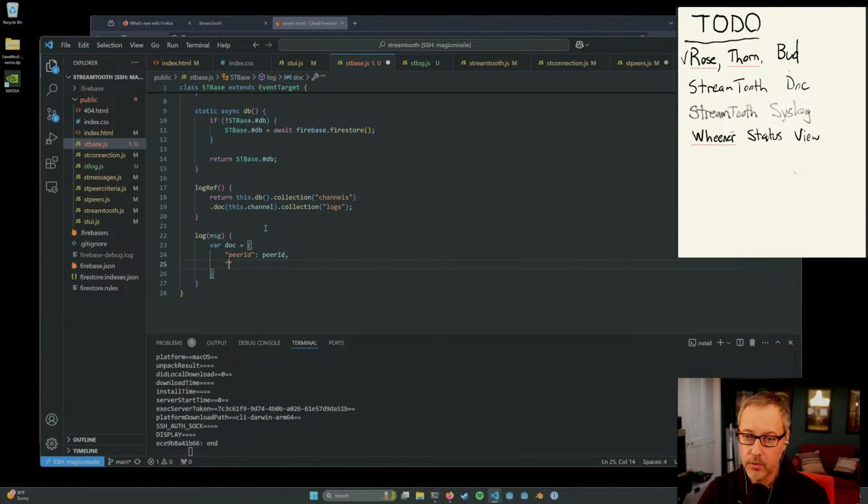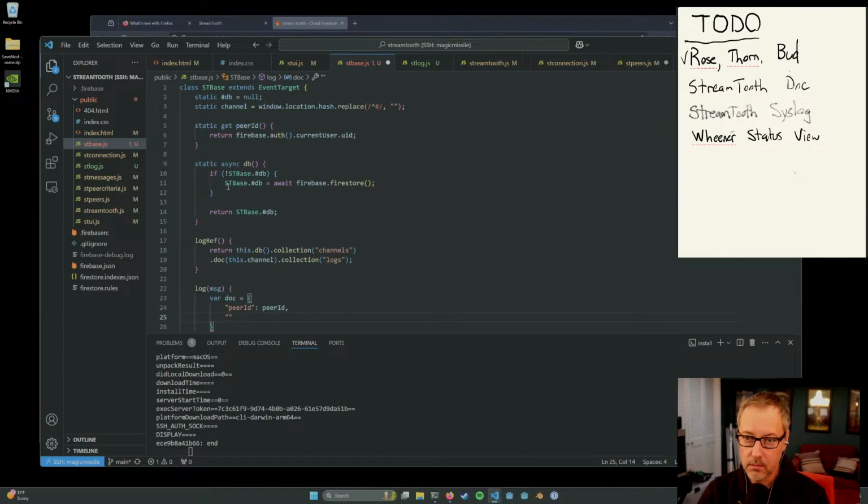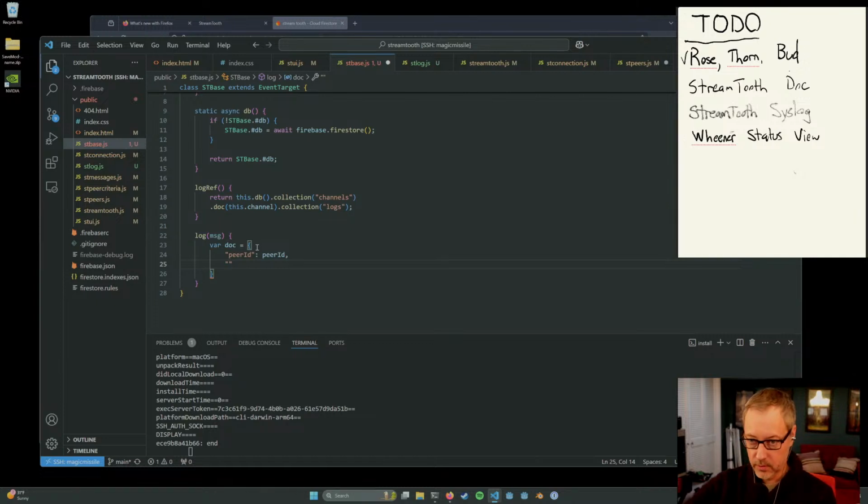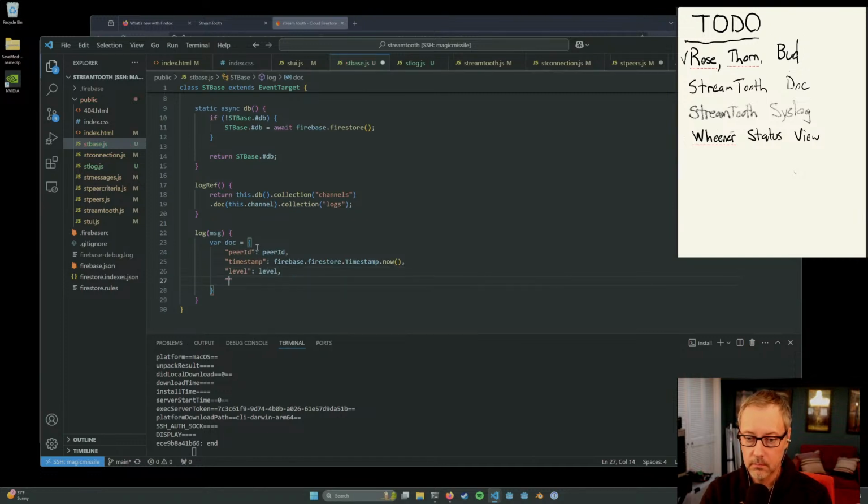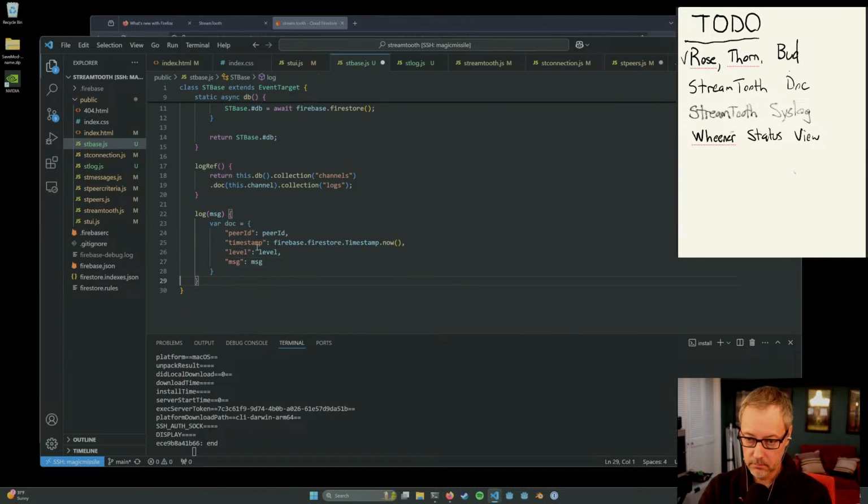And I'm realizing now I'm doing this all just in st base, so I'm not going to need log anymore, which is fine. I think this is the way I'm going to go. Okay.